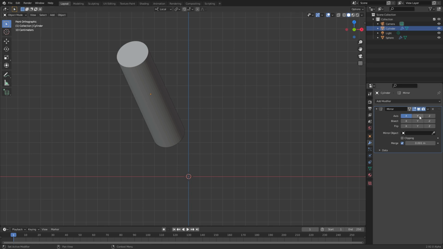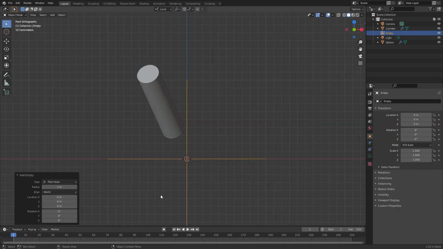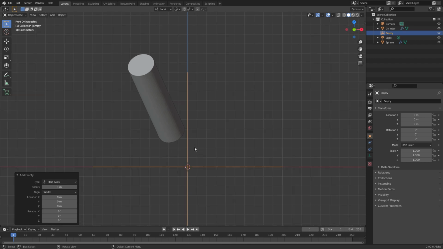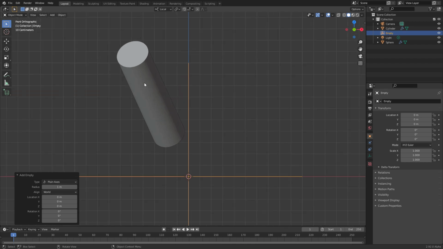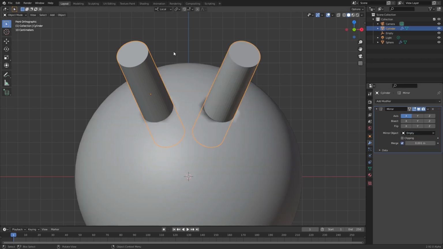Of course, it doesn't really matter what axis we pick here. It's not going to work for any of these because I think it uses local coordinates or something like that. Point is, we want to flip it over the z-axis, or in other words, along the x-axis. So I'm just going to add in an empty that's on the center that has the normal orthonormal coordinate system, the basis. I don't know, there's a name for this in Calc 3. Point is, with your cylinder, now our mirror object is going to be this empty, and that's going to make everything just fine. So we can mirror on the x-axis, which is what we want,